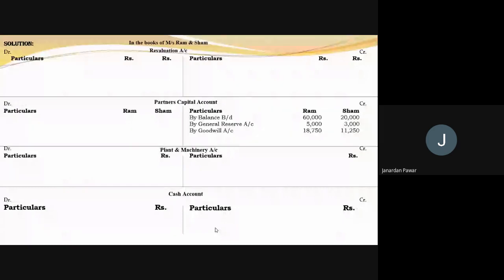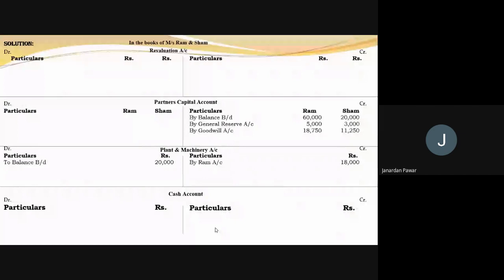Okay. Then the next one is the plant and machinery. The balance brought down related to plant and machinery, which is not taken over by the new firm. So we have to show the opening balance of that particular plant and machinery, rupees 20,000, first. Then make the adjustment entry, because this plant and machinery is not taken over by the new firm, but is taken over by a partner, that is by Ram, for rupees 18,000. So 18,000 we have to write at the credit side of the plant and machinery account.